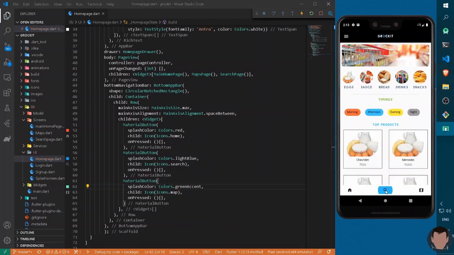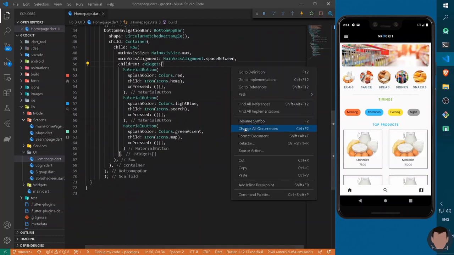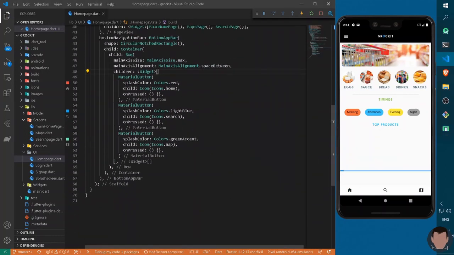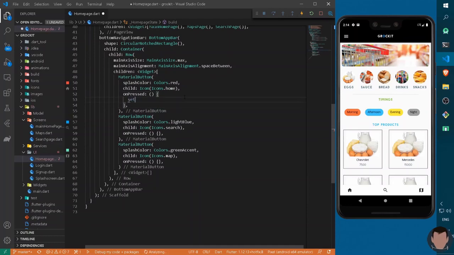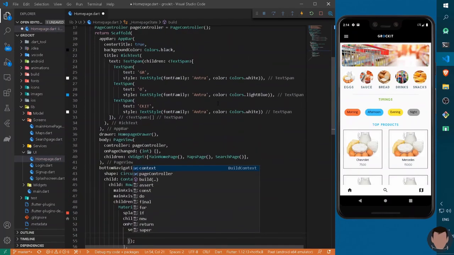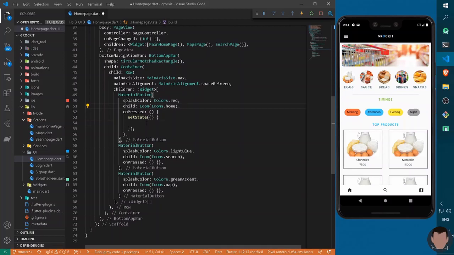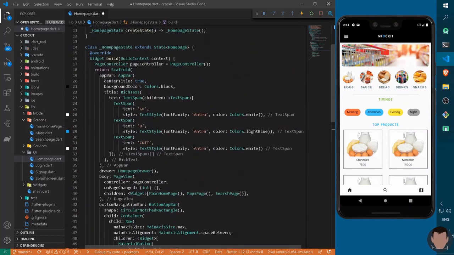Now we have our colors here that do nothing for now, so let's assign them some method. So format the document once, and now we can set the state of the controller that we have stated. Now we can set the state of the page controller, that is the controller of this page view.